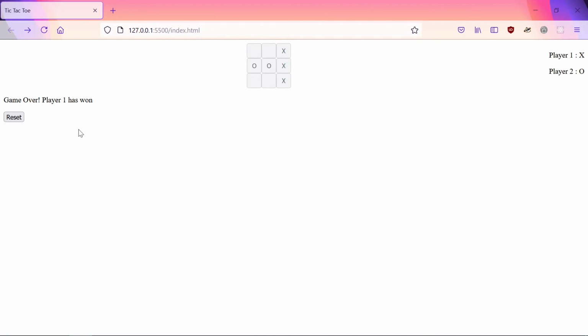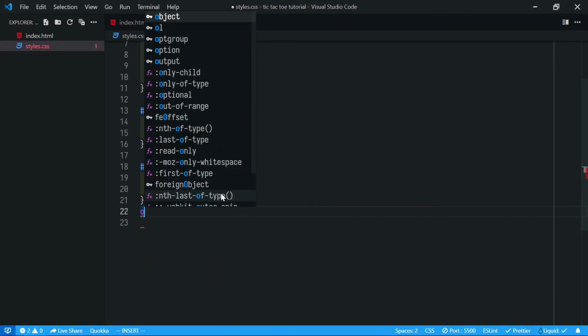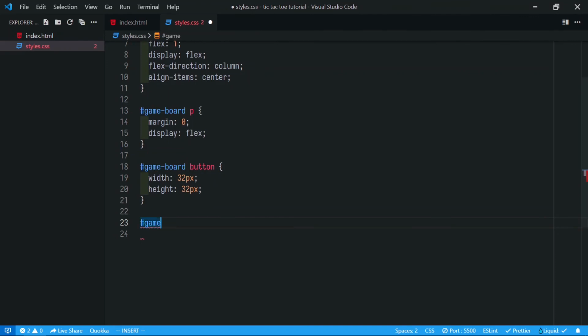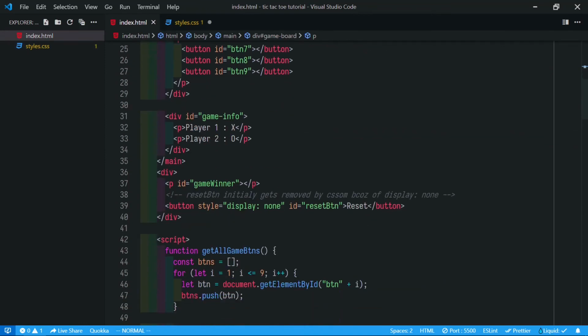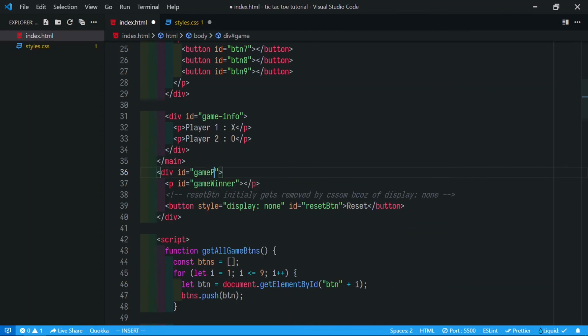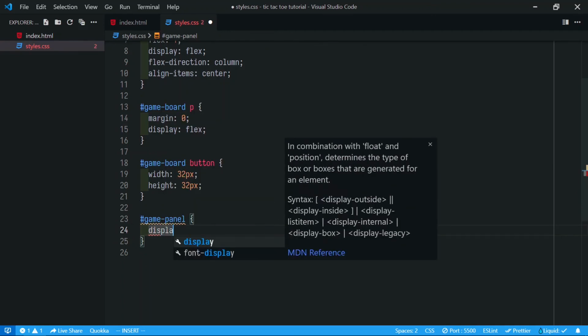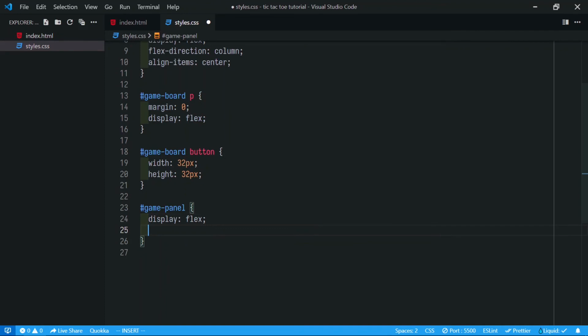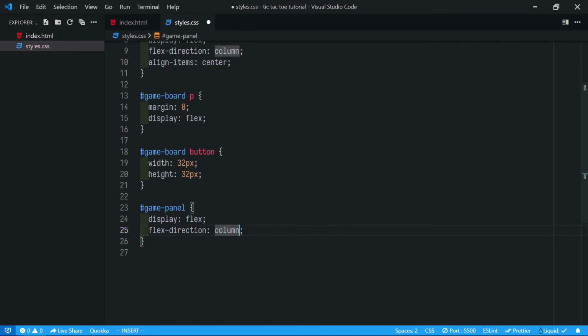We can also do the same for the stats. We say game panel, id is game panel, say display flex, and the flex direction we want is column.